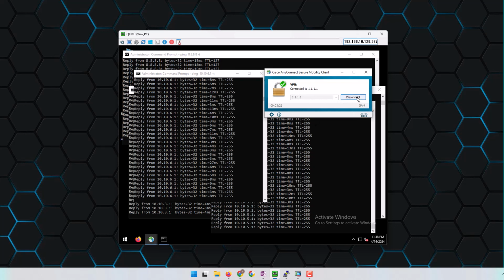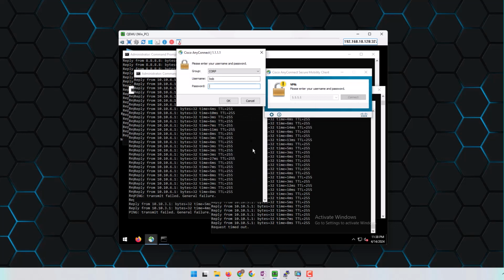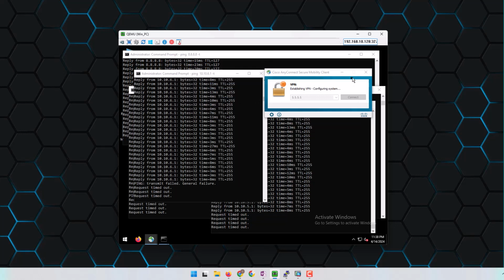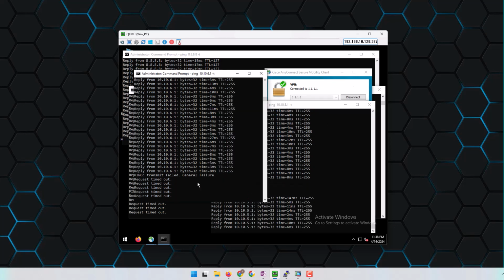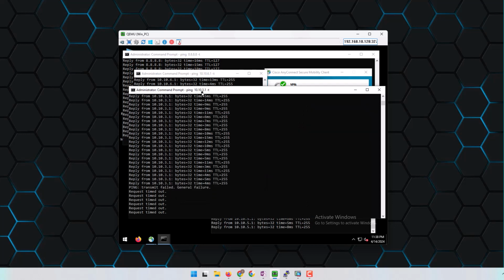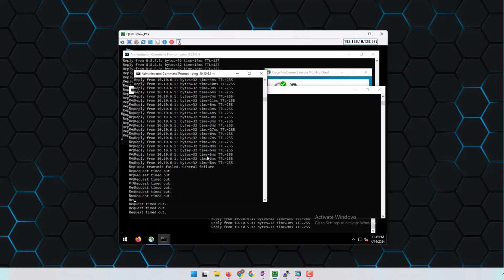Now to test that, let's disconnect and connect it back. First, I'm going to connect Bob here, and you know Bob is HR, and HR has access only to the web server with the IP address of 10.10.5. Let's connect Bob. Okay, it's connected, and you can see that Bob is able to access 10.10.5.1, but he cannot ping 10.10.6 and of course 10.10.3. You can see this too,